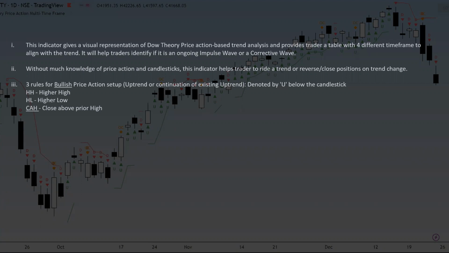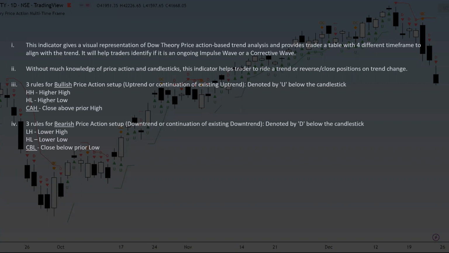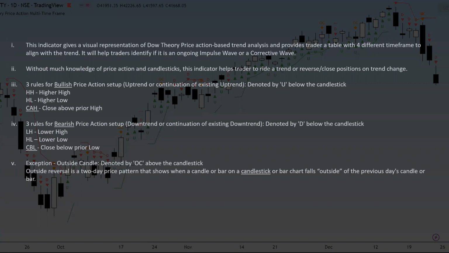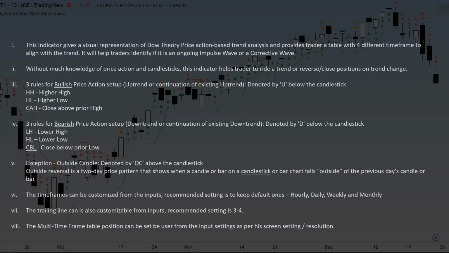Denoted by U on the chart. Reverse conditions for the bearish setup, denoted by D. Outside candle is denoted by OC. The time frames can be customized in the inputs, but by default I have set hourly, daily, and weekly. The trailing line is also customizable. You can change it.